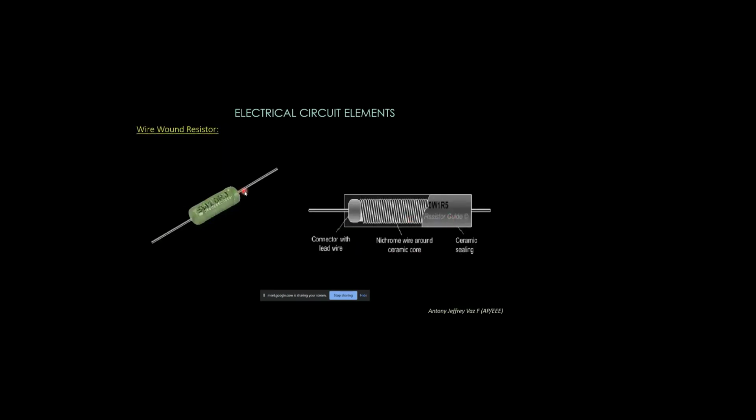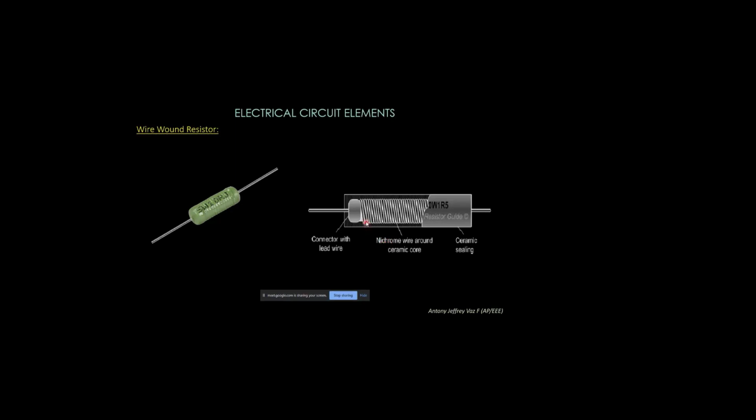And the last one is wire wound resistance. You can see this type of resistance will have a copper wire or a nichrome wire or some other conducting wires of high resistance. You all know nichrome and tungsten have a very high resistance and can be used for lighting purposes. If you see a tungsten bulb, in Tamil we can say kundu bulb. In this we will be using nichrome wire and tungsten wire to light up.